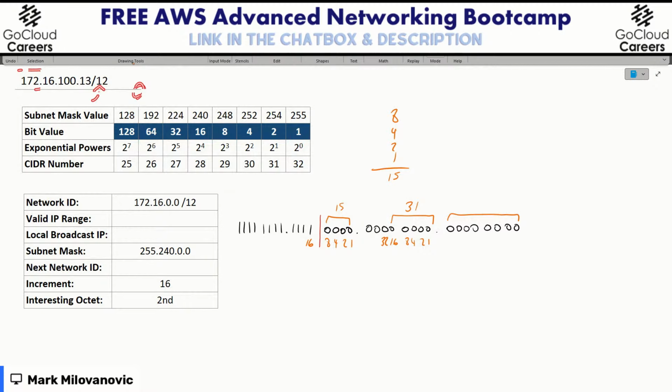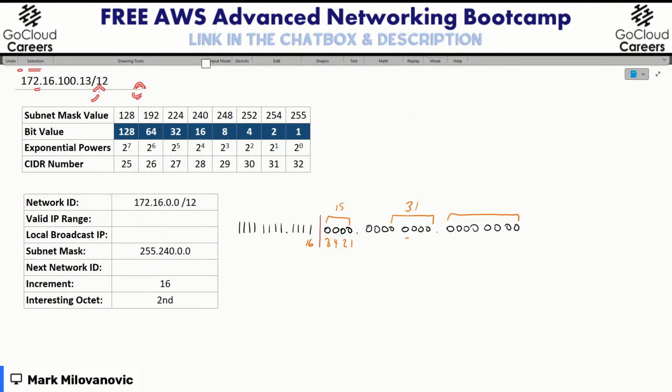So you don't have to sit here and do it the hard way and do 8 plus 4 plus 2 plus 1. You simply look at the next bit, what its value is, and you subtract 1. And then the following bits, which in this case are these, would be 1 less than. That's another quick way you can do it. But to get comfortable, do it this way first. Okay, little tips that you guys get there.